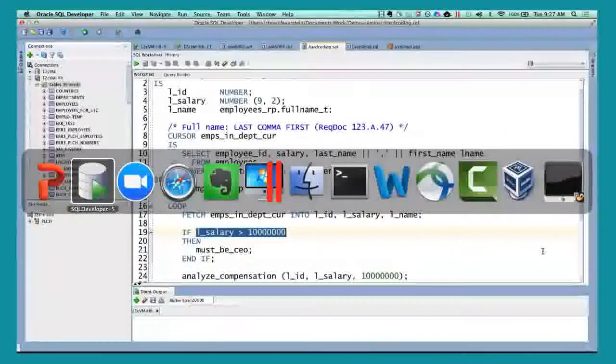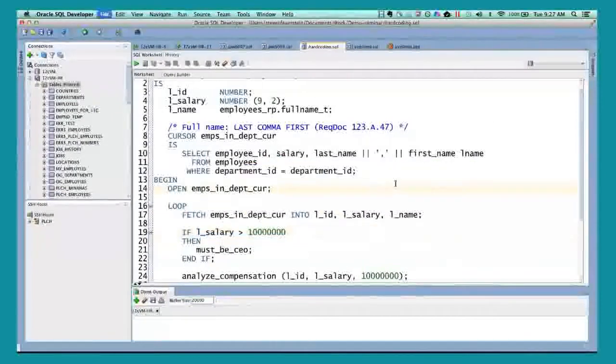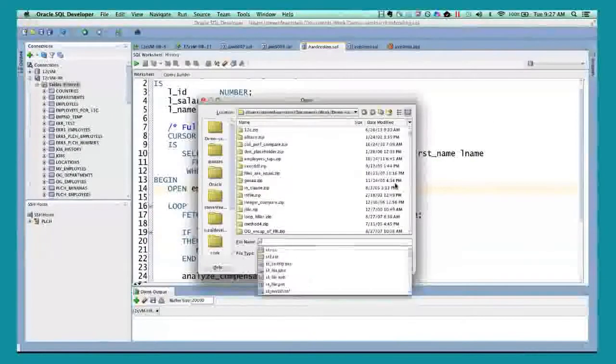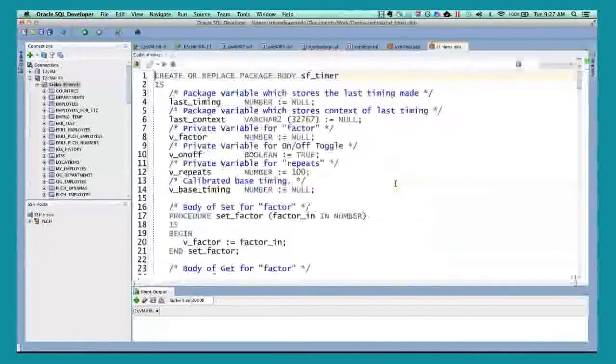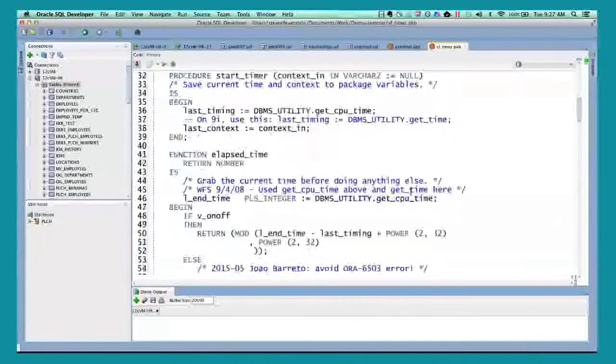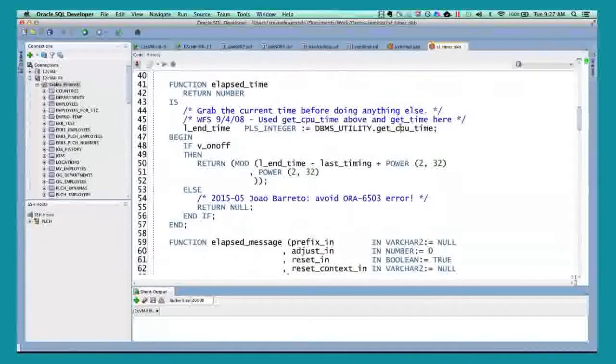Well, oddly enough, it turns out that for something as simple as end minus start to get my delta of time, it could be untrue. Under some circumstances, it might give me a very large negative value. Here's the problem. With getTime or getCPUTime, it starts off at a 0 point, and then the clock ticks and the hundredths of seconds accumulate. And then it reaches an operating system limit, and then it rolls around to 0 and starts counting again.